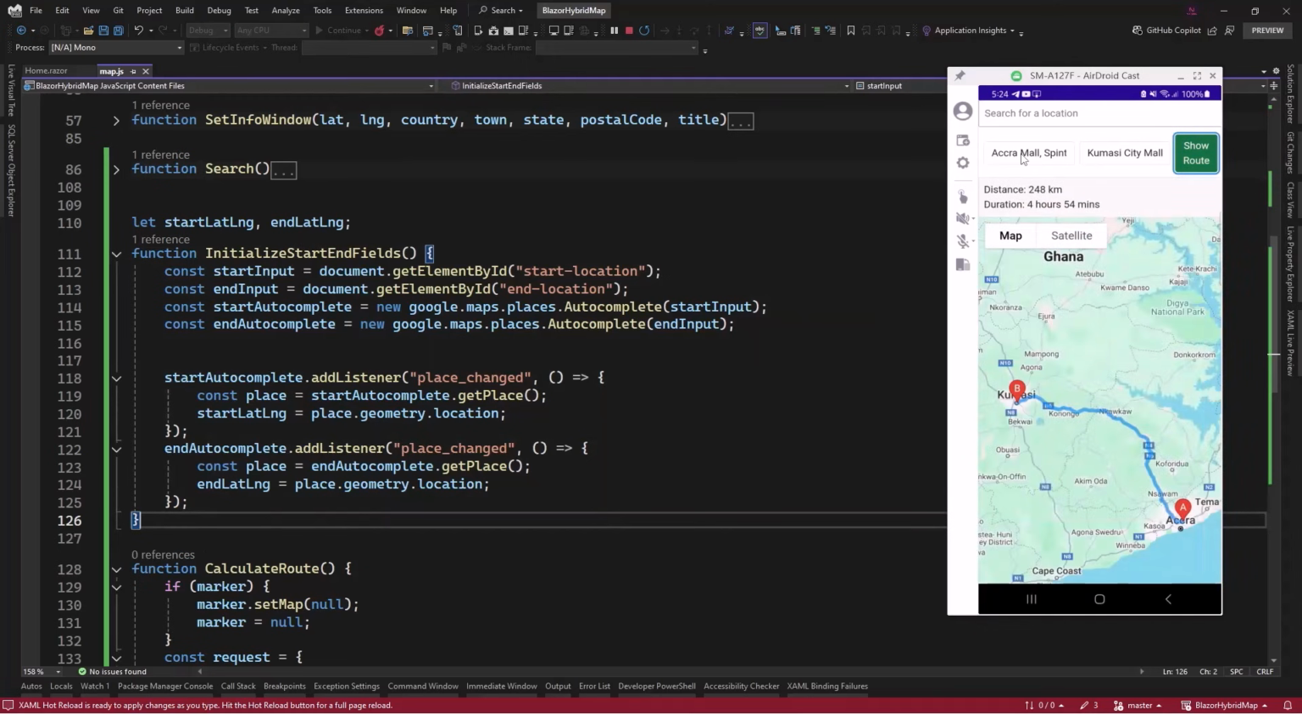Oh, amazing. So you see that here we have the A and B. That's our starting point from A, and that's our ending point. The distance here is 248 kilometers, and the duration is going to take me 4 hours 54 minutes to drive from here to that. If I click on the label, I have